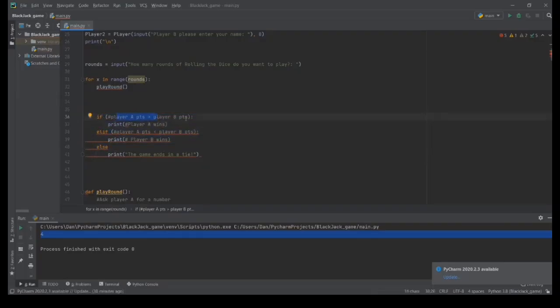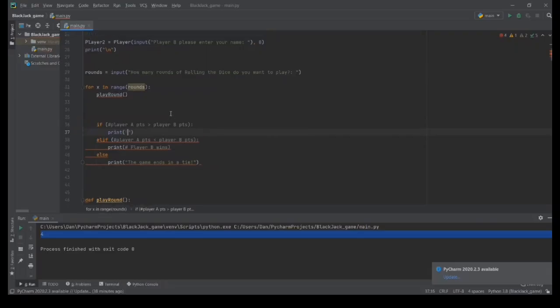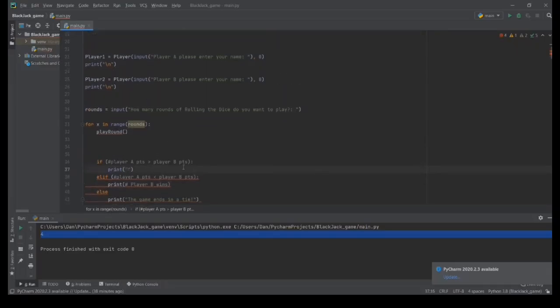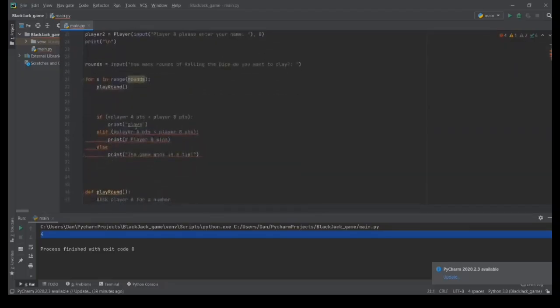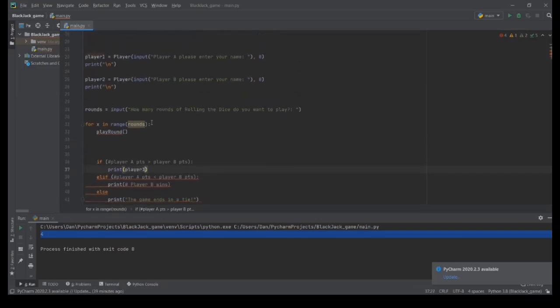So we say if player A has more than player B, player A wins. So the message we're going to print is, player A is player 1. So we'll do, it should be lowercase. We'll print player 1 dot name plus wins the game,